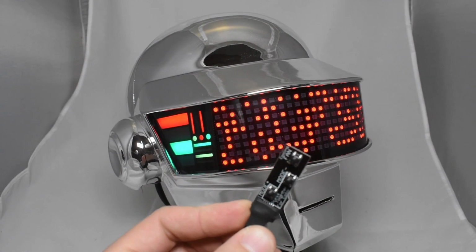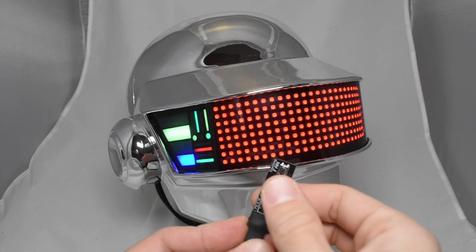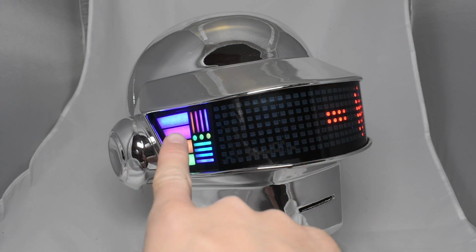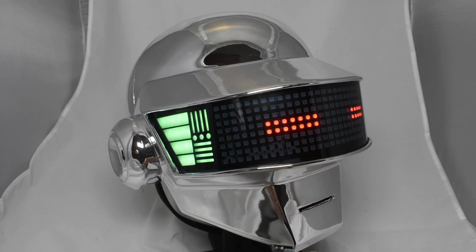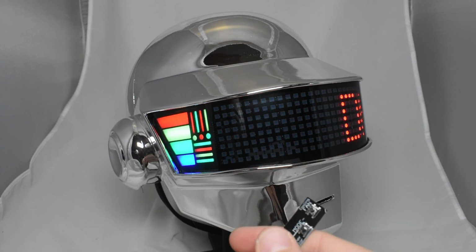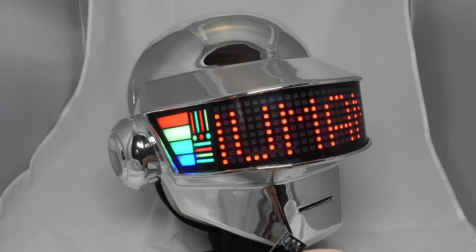So on the button board here, there's the mode plus, mode minus, and fan button for the Matrix. And for the sidebars, there's the sidebar, outer sidebar section, and inner sidebar section. So I'm going to go ahead and start with the Matrix. When you boot up the helmet, initially it'll go into the demo mode, which is just going to